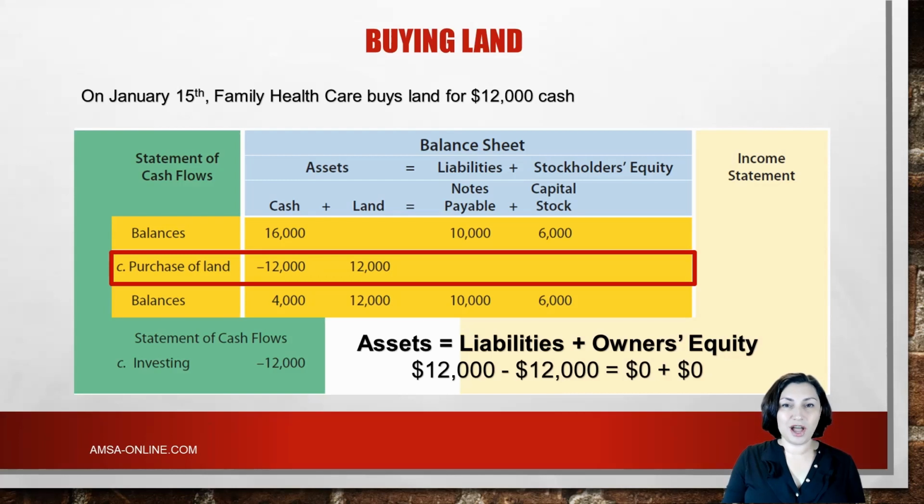But since both accounts are asset accounts, total assets did not change. The accounting equation looks as follows. 12,000 minus 12,000 equals 0 plus 0. We have zeros on the right side of the equation, as this transaction did not affect liabilities and owner's equity